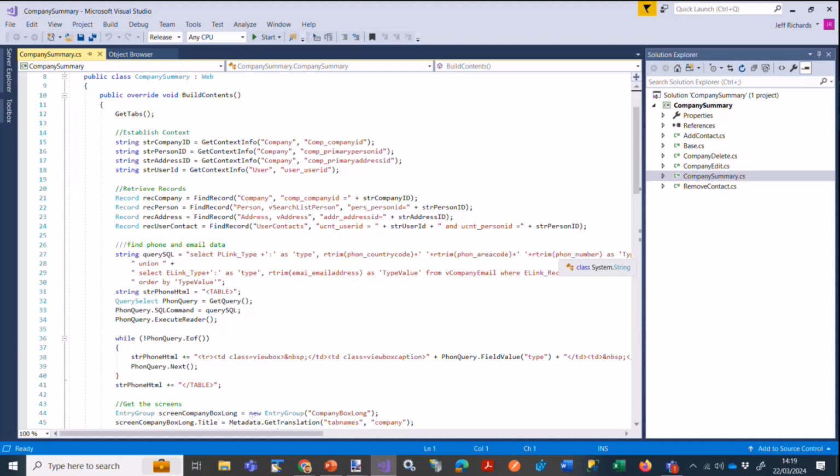You can see we're building here an SQL statement to make sure that we've got the information from the person link tables and the phone link tables, etc. And it is then allowing us to construct the HTML that we want, which will eventually be displayed into structures